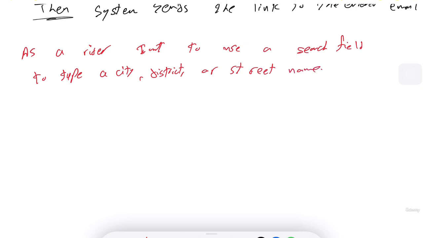Okay, so in this case we can create our acceptance criteria like we said, 1, 2, 3, 4, 5, 6, 7 for example, and say the search